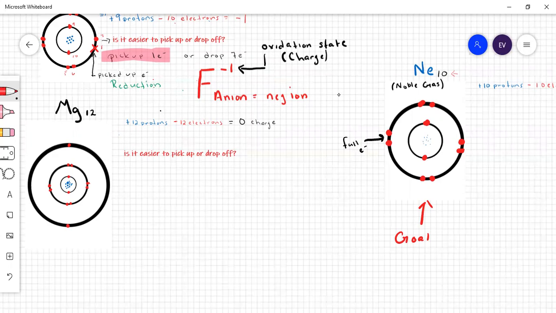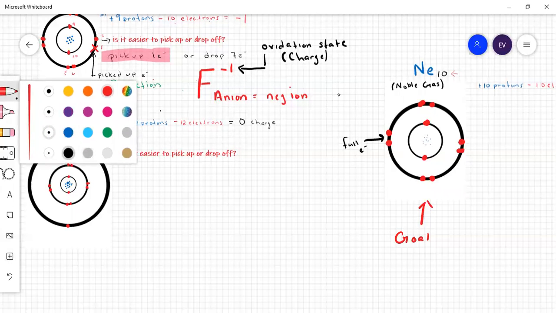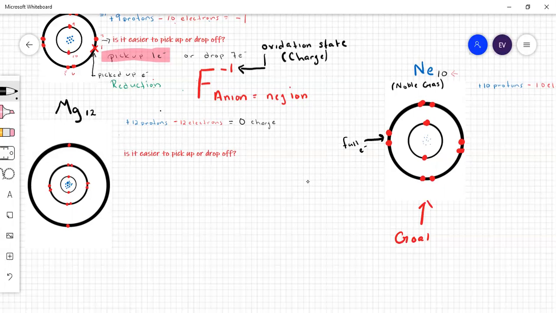Okay? Fluorine thought it'd be easier to pick up 1 electron to be like neon and have a full outer shell. Magnesium, though, is a little bit different. So let's ask ourselves the same question, right? Would it be easier for magnesium to pick up six more electrons to have a full outer shell, or drop just 2 electrons to have a full inner shell? Remember,